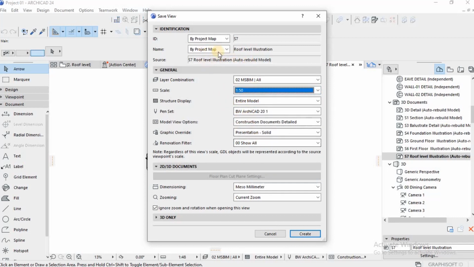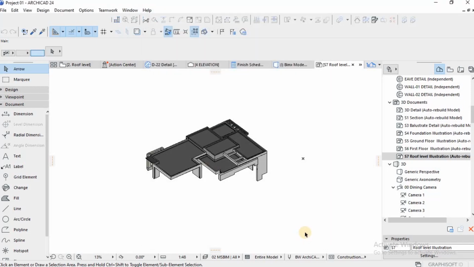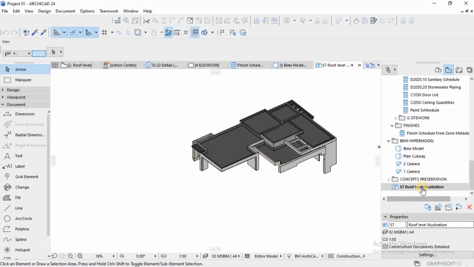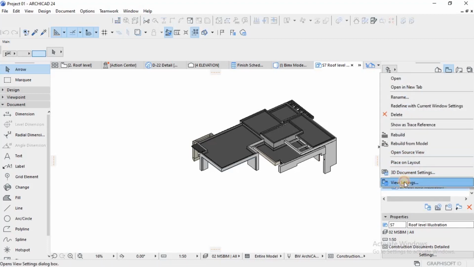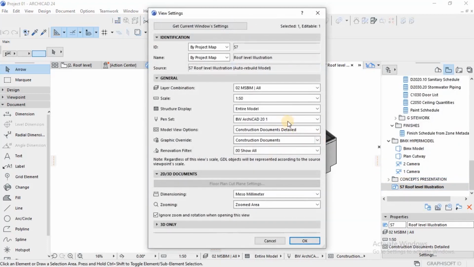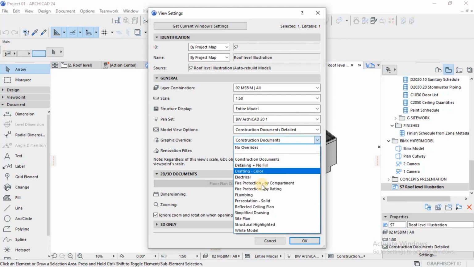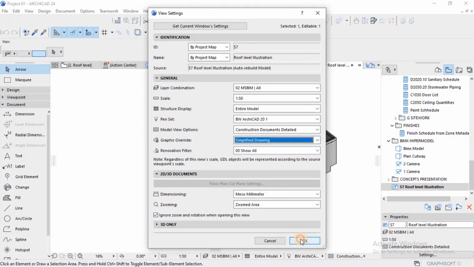And then here, the view settings dialog box appears, like you see here, and it allows you to modify settings before saving. Yeah, you can modify a lot of things before saving. The graphic overrides, the layer combinations, the pen sets, like I said. Okay. And then in the graphic overrides here,